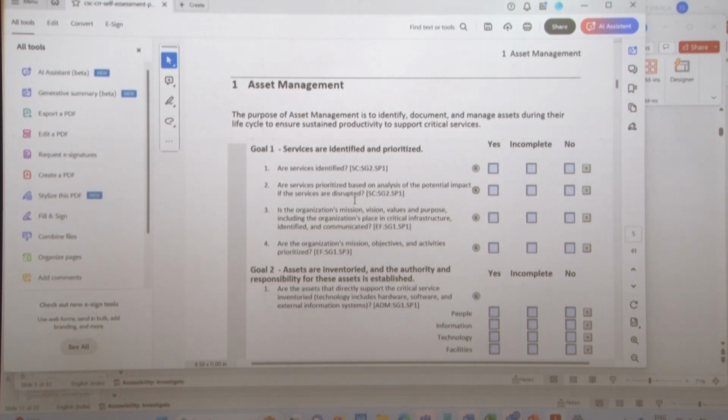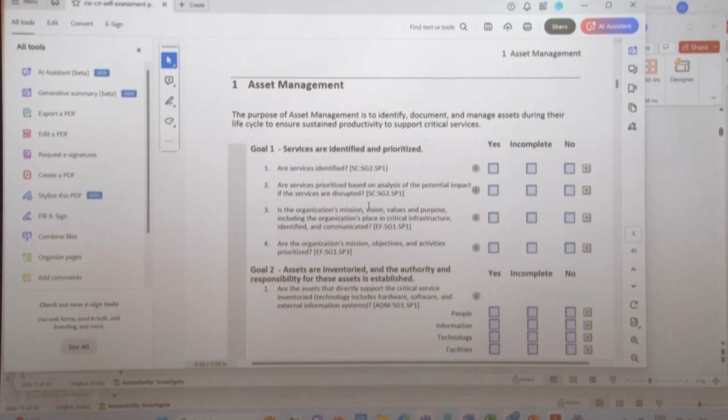Are the services prioritized based on the analysis of potential impact if the services are disrupted? So how can somebody disrupt a service, from the cyber angle? You can disrupt a service by disrupting one of the assets involved, either the application, the network, or the database server, etc. Once you have said, here are my services 1, 2, 3, 4, 5, 6, and these are the assets associated with the services,